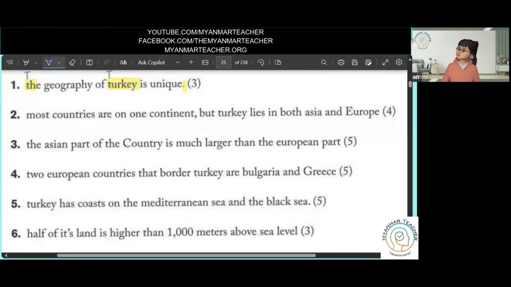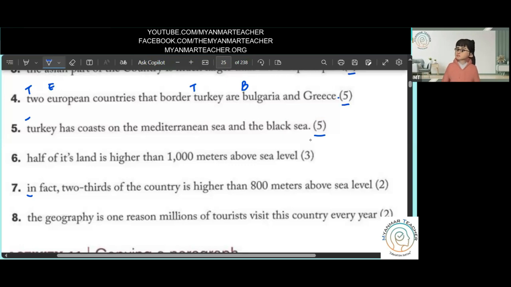stop here. Number 2, 4 errors: most countries are on one continent but Turkey lies in both Asia and Europe, and then the period. 5 errors: the Asian part of the country, you don't need to write a big C, lowercase c, country is much larger than the European part, full stop. 1, 2, 3, 4, 5. And then 5 errors: two European countries that border Turkey are Bulgaria and Greece, full stop. 1, 2, 3, 4, 5. 5 errors. Number 5: so the first letter must be in capital letter. Turkey has coast on the Mediterranean